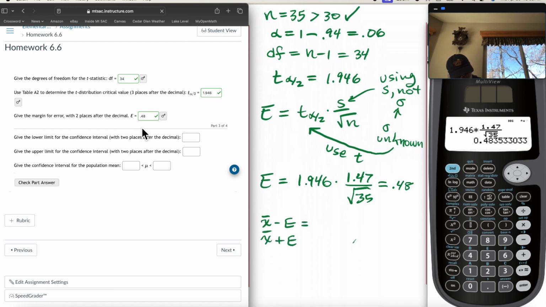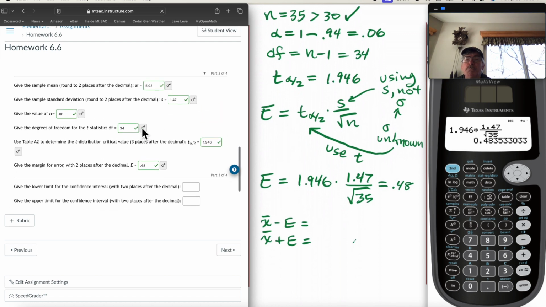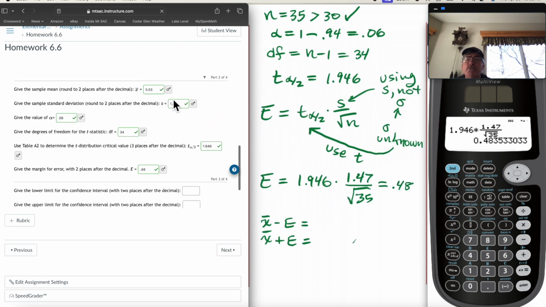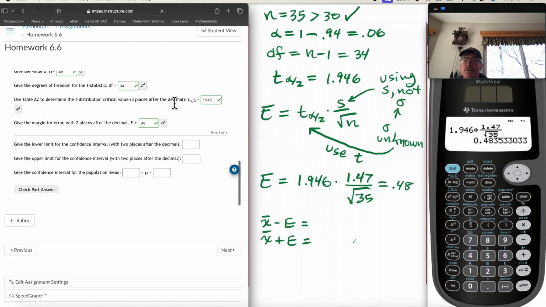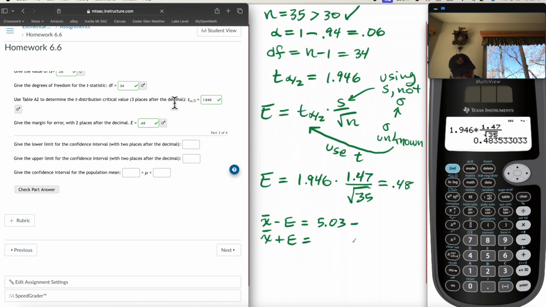So the x bar was, where'd it go? The sample mean up here somewhere. Yeah, x bar is 5.03. So we can put in the 5.03 minus margin of error, that's 0.48, and then plus